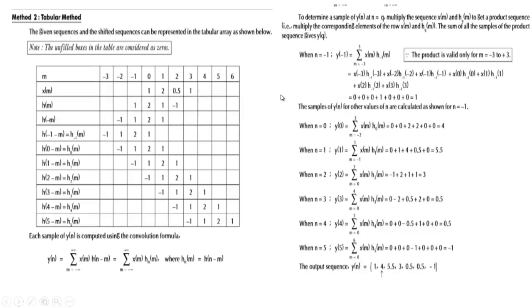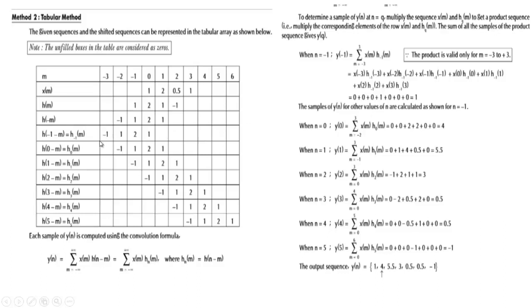Okay, so now the first value, that is n is equal to minus 1. So n is equal to minus 1 means this one should not be considered, because this is only the folded one. Folded one will not be considered. So this value should be multiplied with the first input sequence. All should be multiplied with the first input sequence only. So first one with this, minus 1 into 0, 0, 1 into nothing is there, means 0. So 1 into 0, 2 into 0, 1 into 1. So nothing else is there, so finally your answer here will be 1.